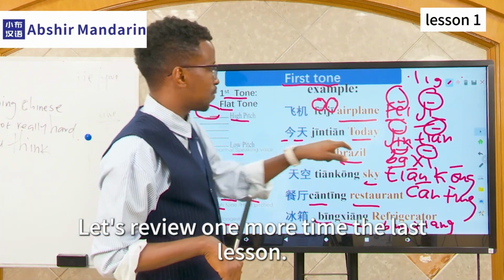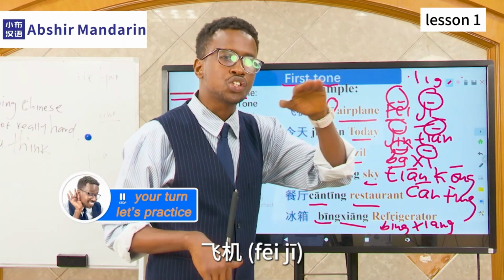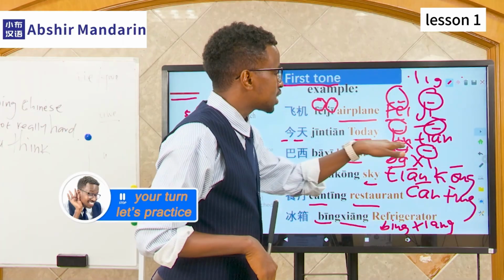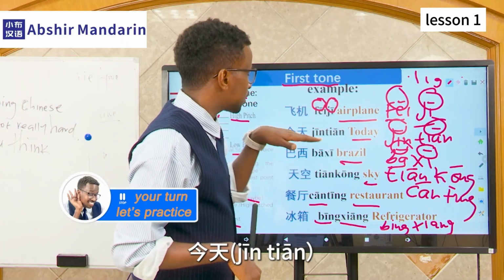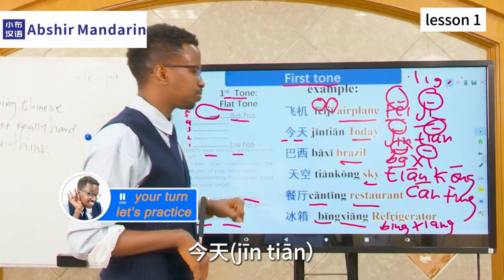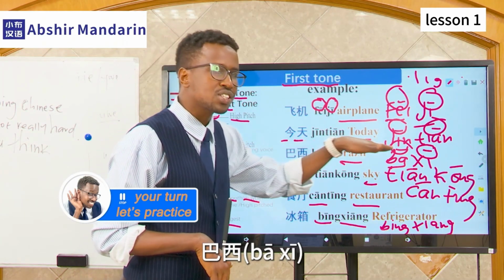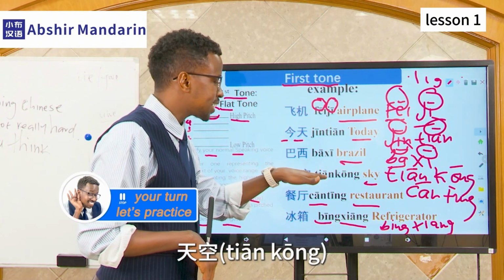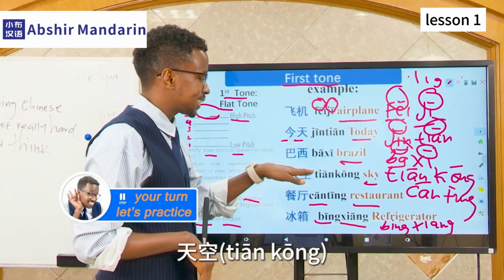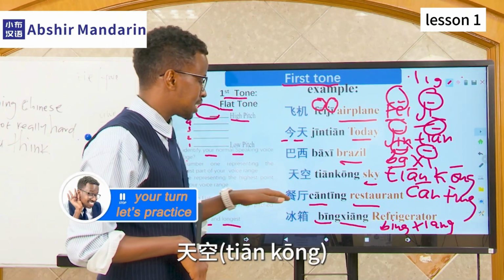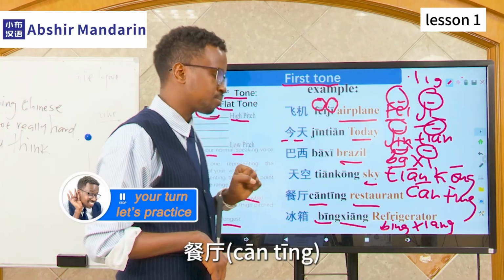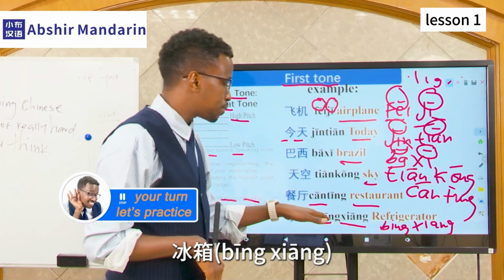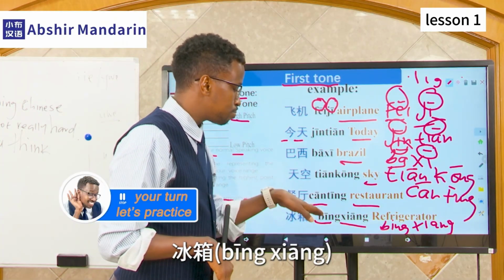The last minute. Fei ji, fei ji, jin tian, jin tian, ba xi, ba xi, tian kong, tian kong, san ting, san ting, 冰箱，冰箱。